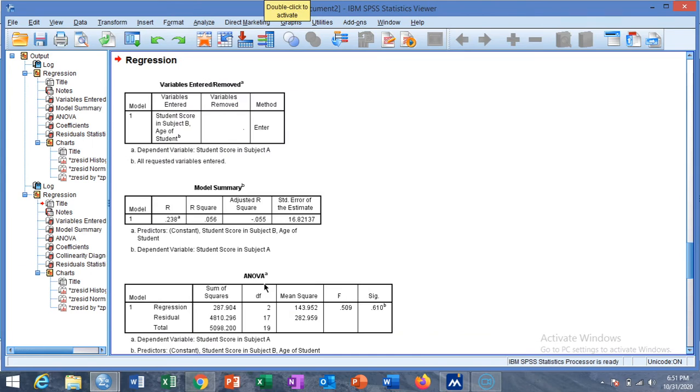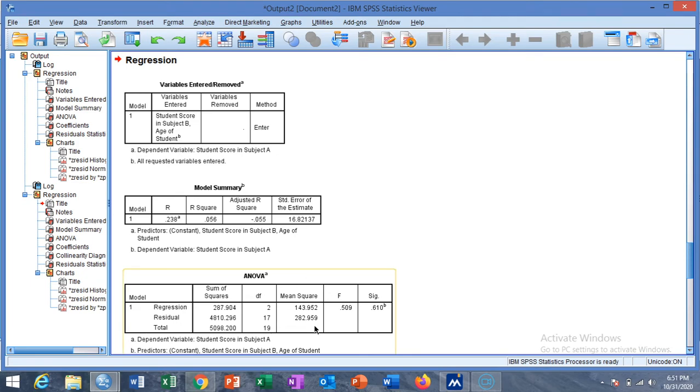You will see another model. The R square value is now 2.238, and the R square value is 0.056 for the null model, and this is the adjusted R square value, which is negative, which is not a good sign, as the R square value should always be positive.